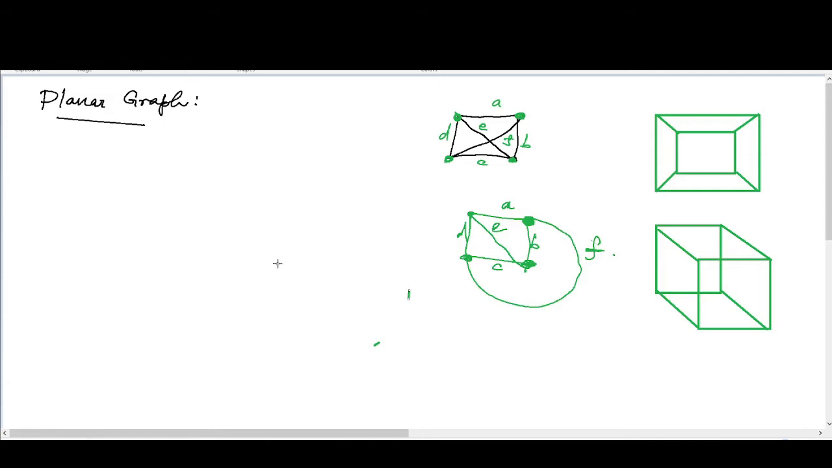in which any two edges do not intersect. A graph that cannot be drawn on a plane without a crossover between its edges is called non-planar. A drawing of a geometric representation of a graph on any surface such that no edge intersects is called an